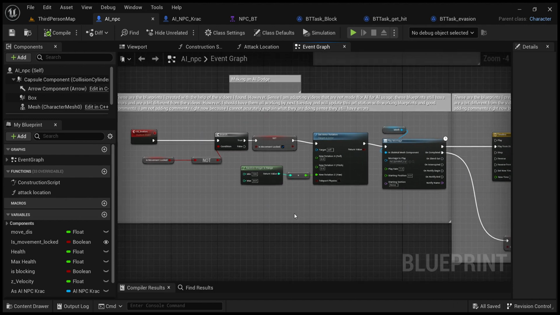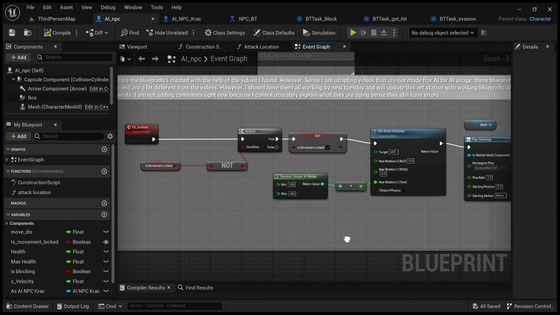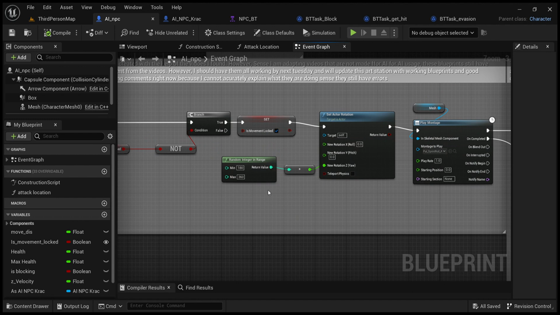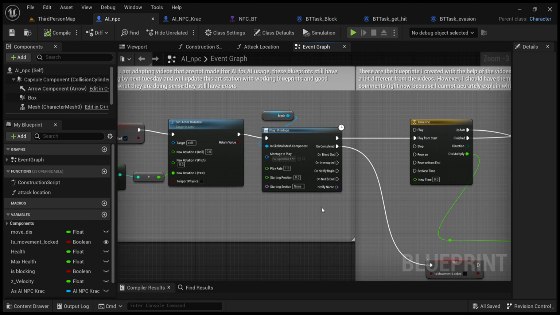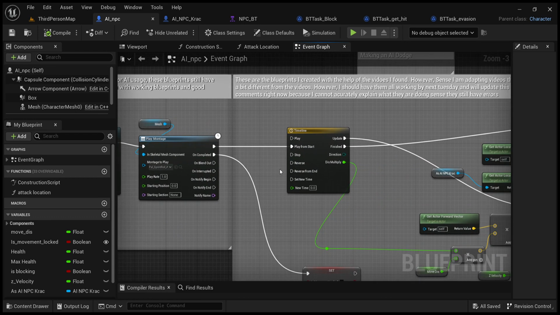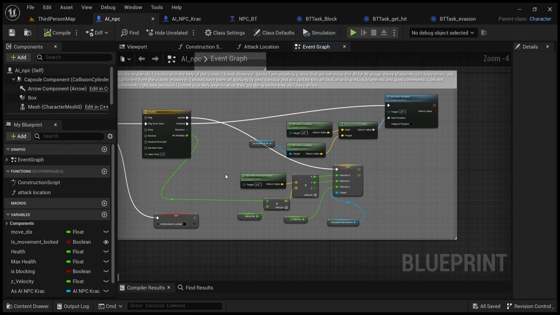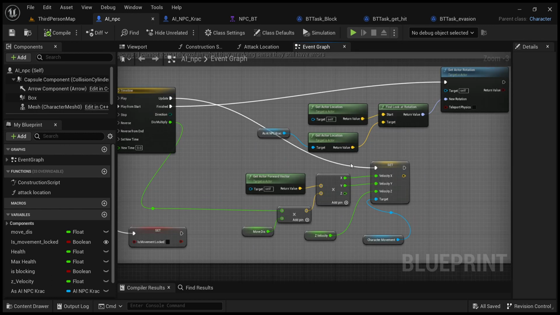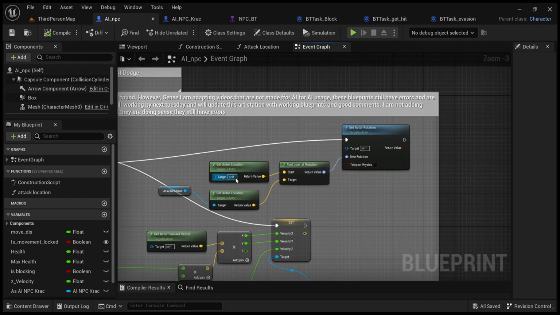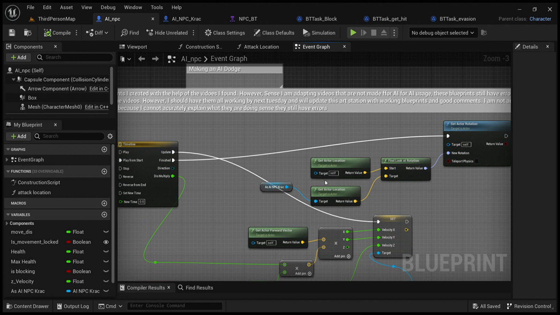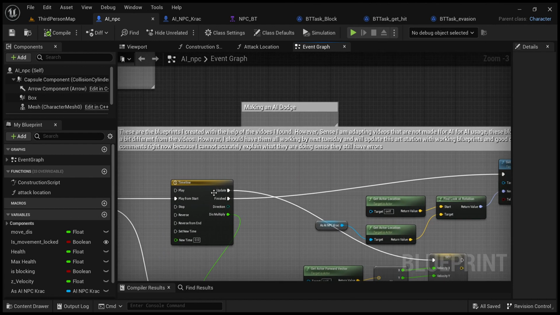And this is a quick overview of how this works. He selects a random degree and then sets his rotation to that degree. He then plays the montage by going through a timeline of him rolling, which then uses this set velocity right here to actually make him move, and then it uses the Kraken's location with the set rotation node to set his rotation back so that when he runs back to the Kraken, he is facing